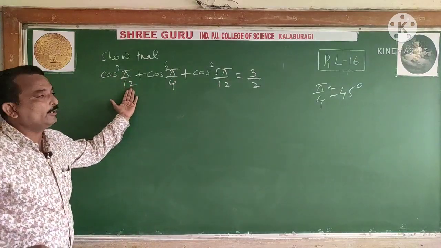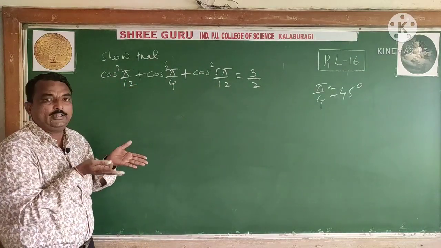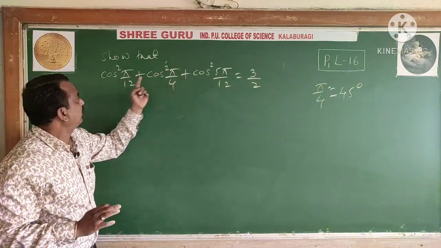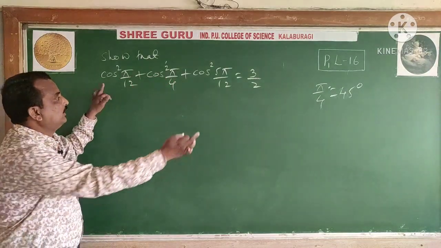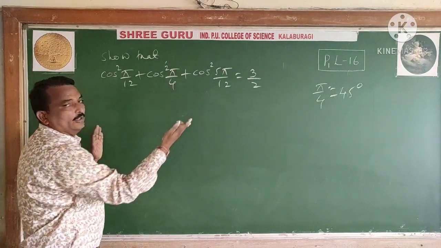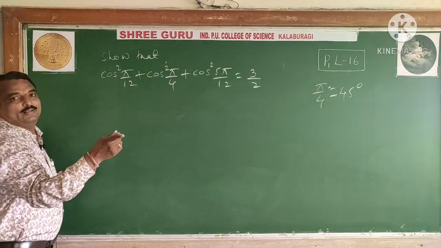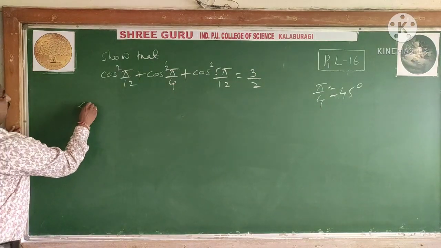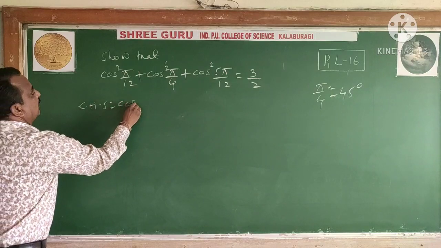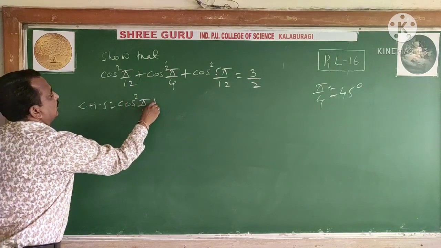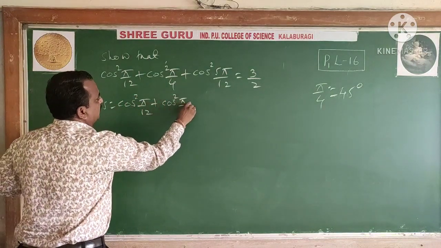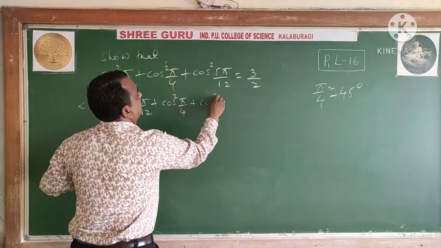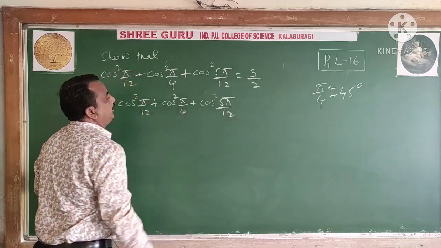Let us calculate pi by 12 in terms of degree. You may get easily how to convert that one. Both of the terms are cos. You may convert any one of them in terms of sine, cos to sine in these two terms. Then it becomes that identity. Then you simplify it, you get the 3 by 2. See the LHS here. Instead of converting to radian, if you take it in terms of degree, it becomes simple. You will get the idea of how to convert 5 pi by 12.